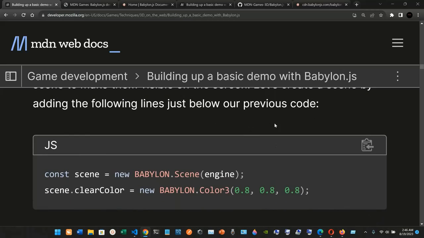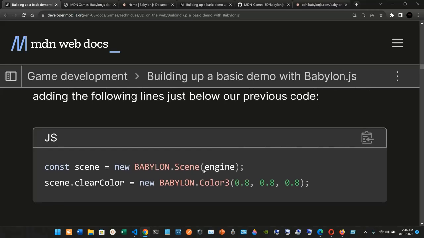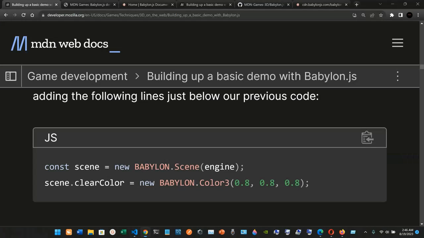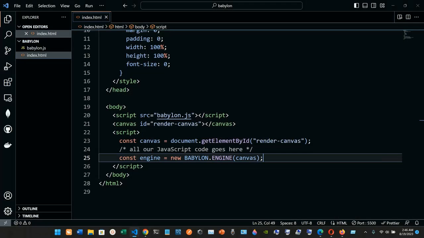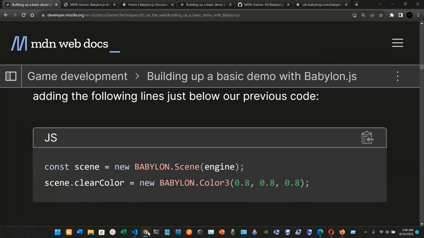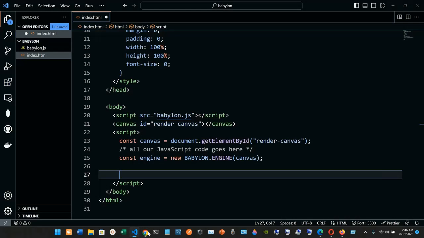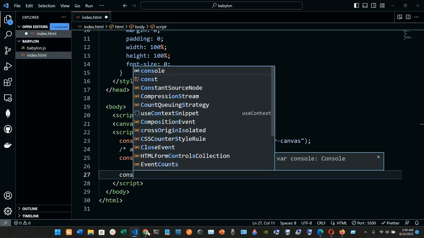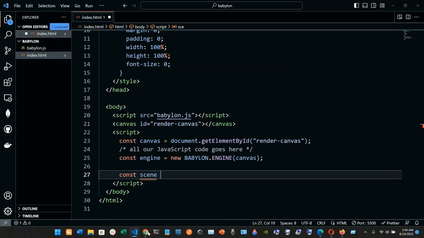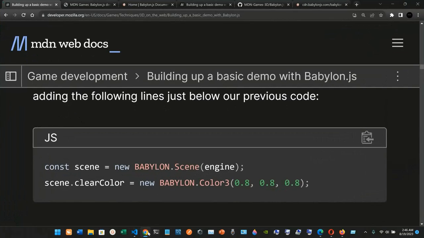So just below our previous code, we have the canvas, the engine, let's continue here. We're gonna have the constant declaration, and we're gonna name it scene, and we are gonna set it to